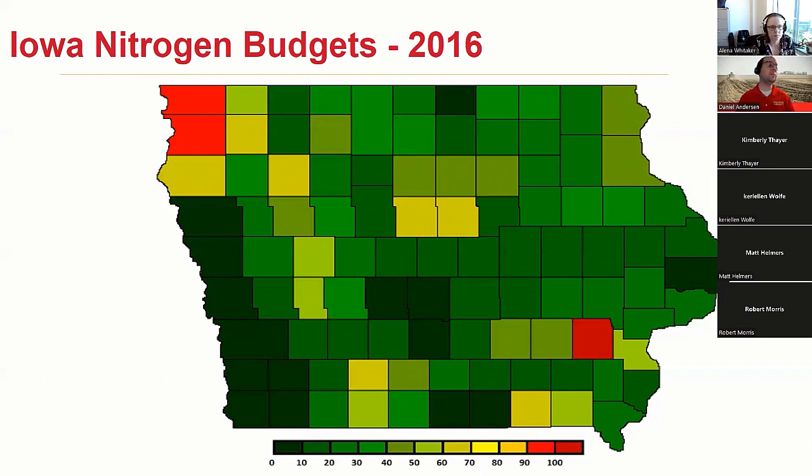So when you see some of those red counties where it says I can get 90 to 100% of the nitrogen I need for corn, that's actually 90 to 100% of the nitrogen being removed with the corn grain. It is a leaky system. We do have to apply more nitrogen than what will be removed directly in the corn grain. So this is a very conservative estimate. And it doesn't always account for other things that are utilizing nitrogen. For instance, I assume soybeans need zero nitrogen at all. If there's nitrogen present in the soil, they will preferentially use the nitrogen available there before they try and fix their own nitrogen.